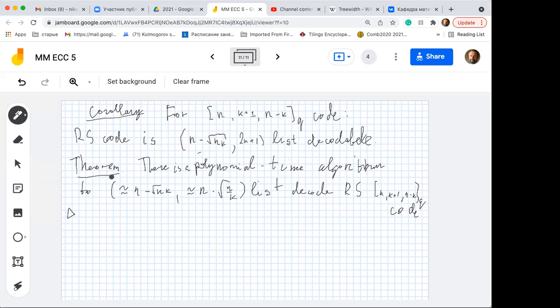Today in this class, I will just prove this theorem and nothing else will be explained. More or less, this algorithm generalizes the algorithm to decode from errors with list size 1. So it generalizes the algorithm for normal decoding of Reed-Solomon codes. So let's recall how it was done. For normal decoding,